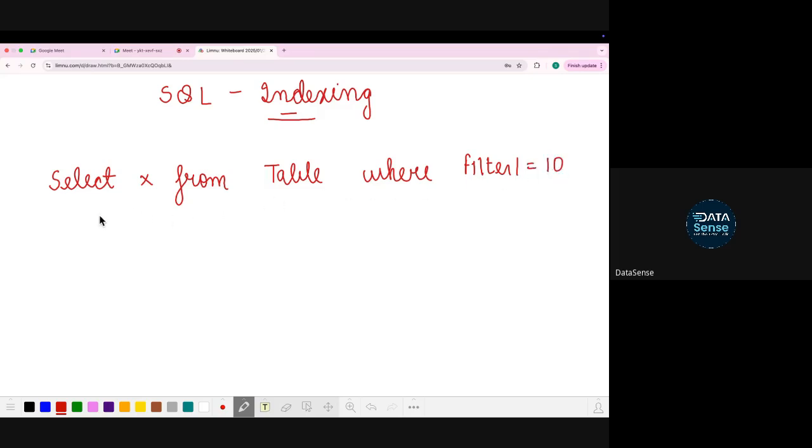Okay, let's say this is my query. Now how does this execute in SQL? Let's say filter 1 is id, where id is equal to 10. So tell me, how is this code going to execute on your database or table, whatever you are using?